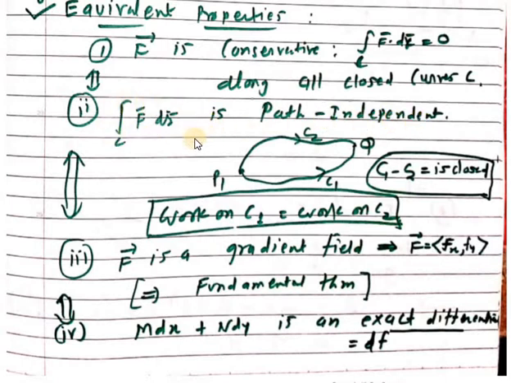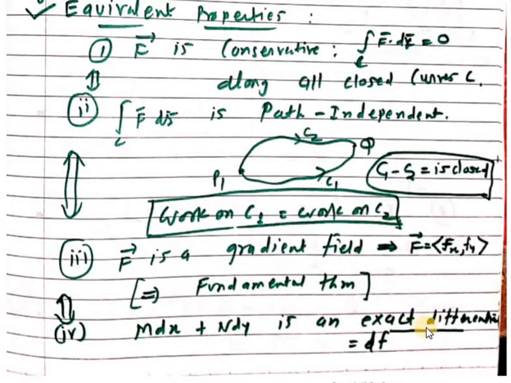If the line integral is path independent, we can say F is a gradient field. If F is a gradient field, then we can say M dx plus N dy is an exact differential, that is, df. If anybody asks you whether the line integral is an exact differential,